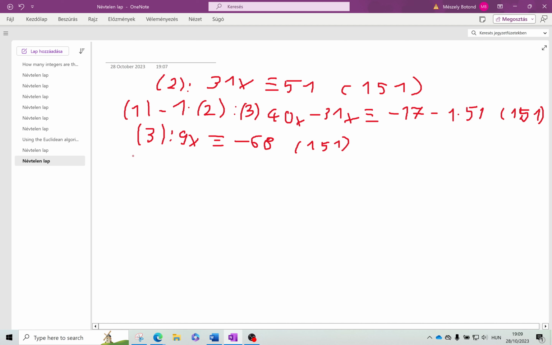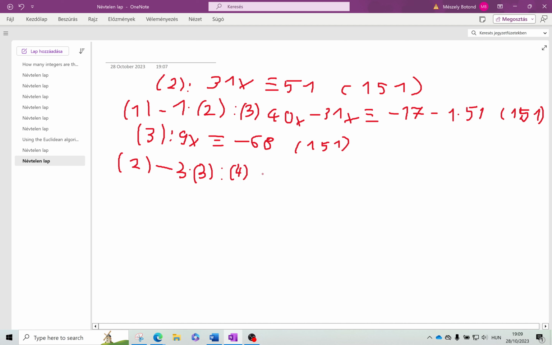And now we subtract from the second equation the third equation, 31 and 9. You can subtract 3 times 9 before you go to negative, so 3 times the third equation, and we call it the fourth,